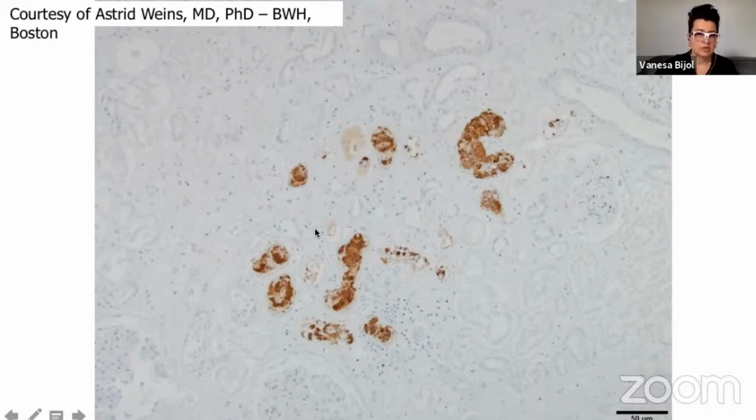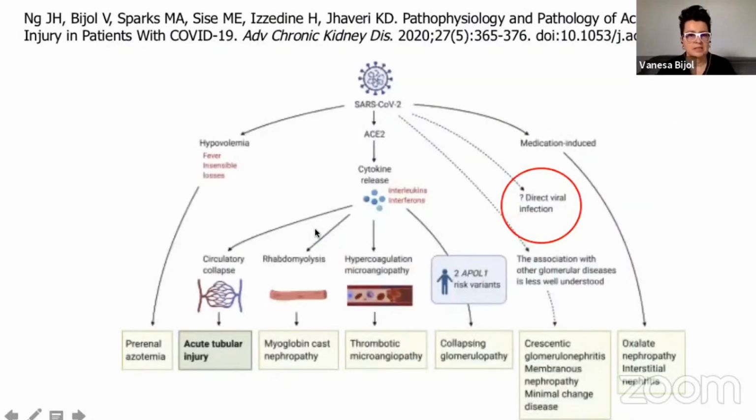So under certain circumstances, you can see this, but to what extent this actually interferes with intracellular functions and leads to AKI, I think it's very debatable, and I personally don't think it's significant. But at the same time, I do see that this can be a factor in certain circumstances. So I'll leave it to that and move on to another interesting problem that we had,